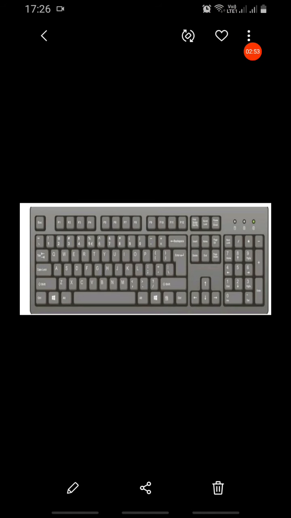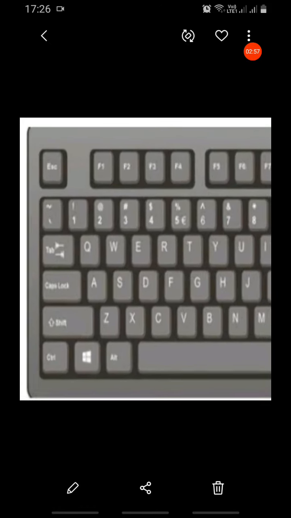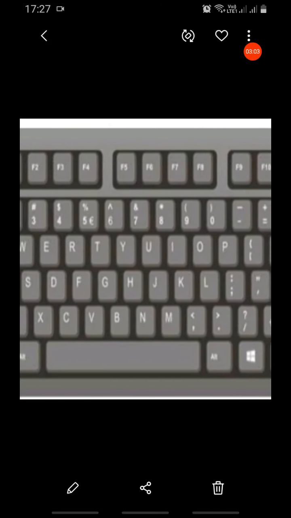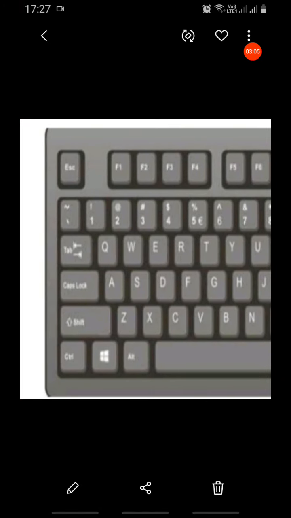So one more time, you can see my keyboard. It has A to Z keys. So what to do?